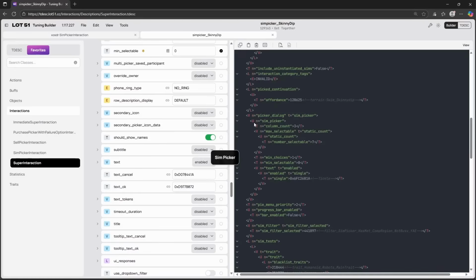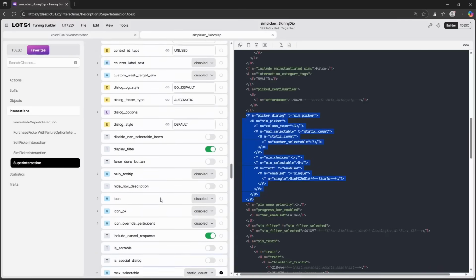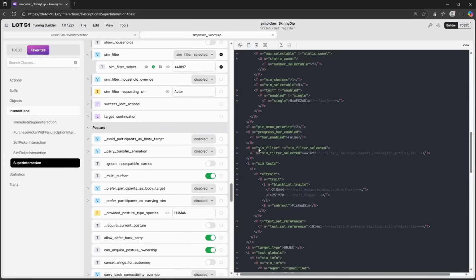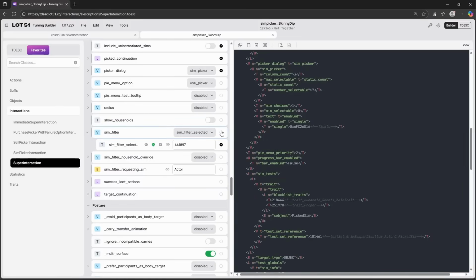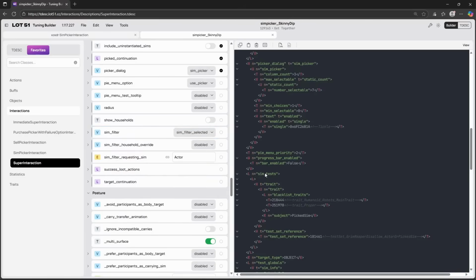So of course, because this is a sim picker, it is actually very important to also add the picker option to your sim picker. Then we get sim filter. Now this is going to be a filter of the sims that are available inside of the picker. Now I do have to say that I've been struggling with this sim filter quite a lot because for some reason vampire sims, I don't know if it counts for any other occults, but the vampire sims are just not showing up. So because of that, I always now just remove the sim filter and just use the sim test,